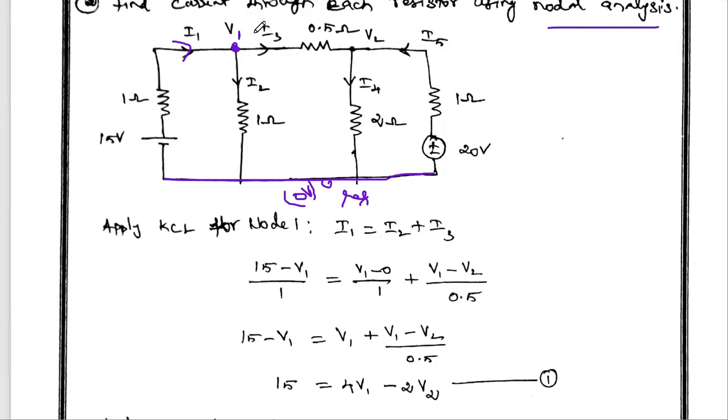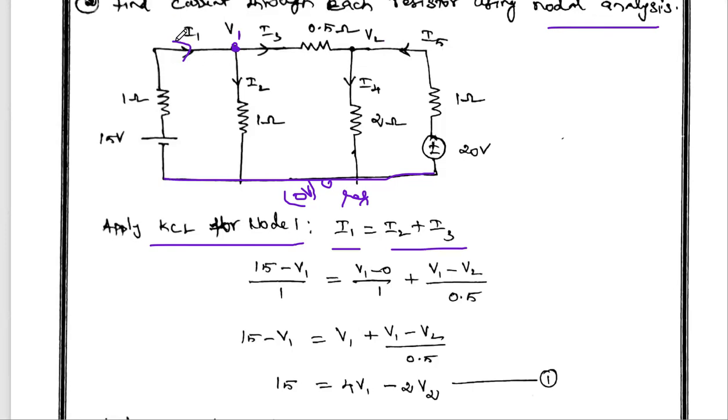And you see I2 and I3 direction. It is a leaving current. So the sum of incoming is equal to the sum of outgoing. So we can apply KCL for node 1. We can get I1 equal to I2 plus I3. Okay. So after writing KCL, we have to substitute these I1, I2, I3 values.